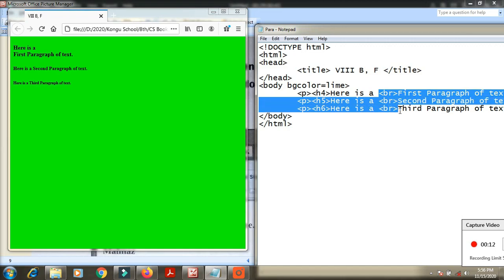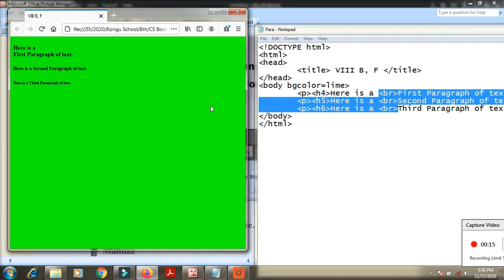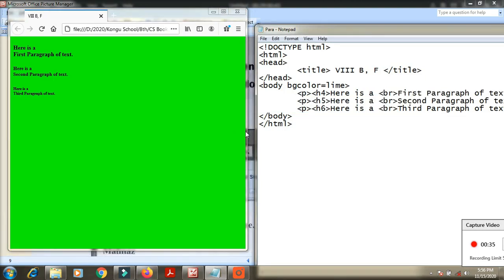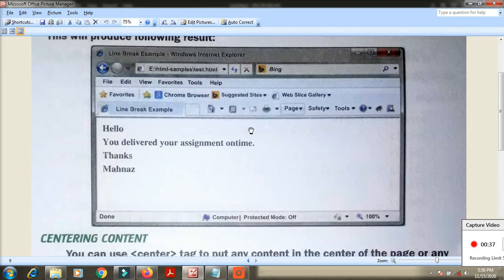See here, but I didn't refresh the browser. Okay, still I didn't. Before, the first tag, second tag and third tag were given, but after giving the br tag to the second paragraph and third paragraph, I didn't refresh. Okay, now I am giving it. See here, the first will come down, second will come down and third will come down. Okay, this is the meaning of the br tag.